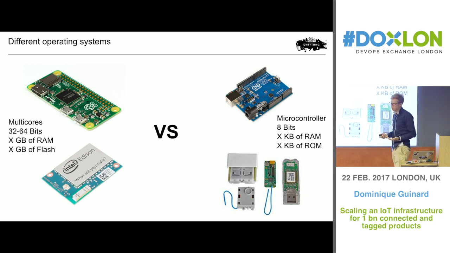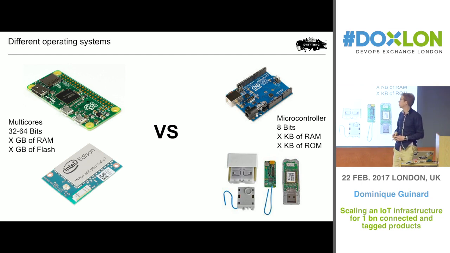And one reason is that we have different operating systems. And one big factor here is cost, right? So on the right-hand side here, we have the devices which are 8-bit microcontrollers with an order of 10 to 100K of RAM, and same thing with the ROM, right? These devices are actually dirt cheap. You can really buy them at scale for something around $1 with full IoT stack, full connectivity, right?